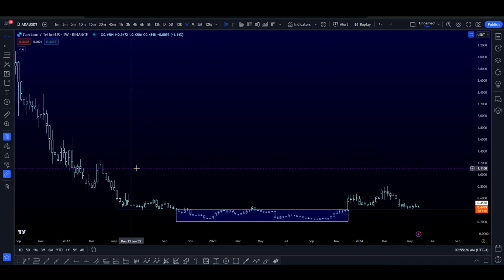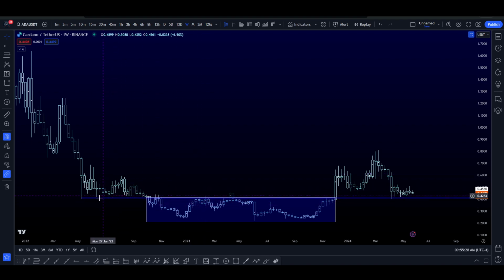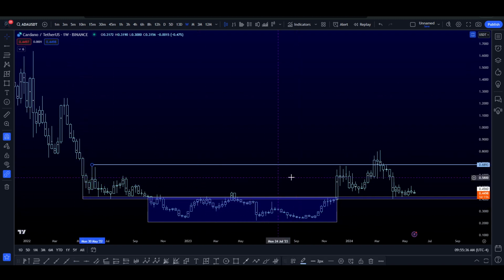Now the good thing too about this is that we are currently trading very close to this support level, right? So if we now go ahead and take a horizontal line and just mark out the next resistance point, you can see clear resistance will be at 69 cents. Just call it 69 cents. So before price really went down and was trading within this accumulation phase, the last true resistance was at 69 cents. So when it broke out, it came right back to that resistance before retracing, trying to break above, holding it for about a week and a half before failing and back testing this area as support.